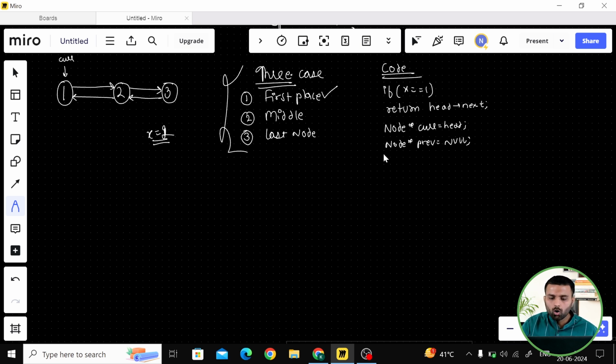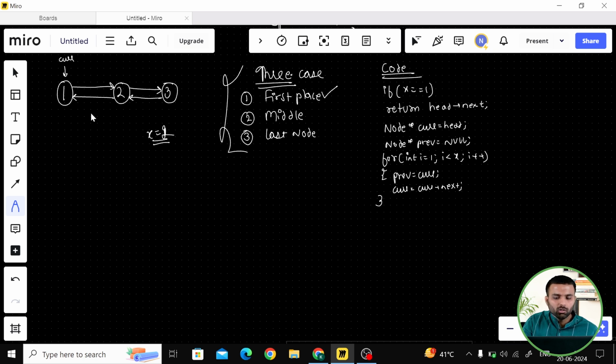Now how many times do we have to run the loop? I create a for loop, i equal to 1, i less than x. My main focus is that current should stop at the node we have to delete, and previous should point to the node just before it. So in this case, previous equals current and current equals current.next.